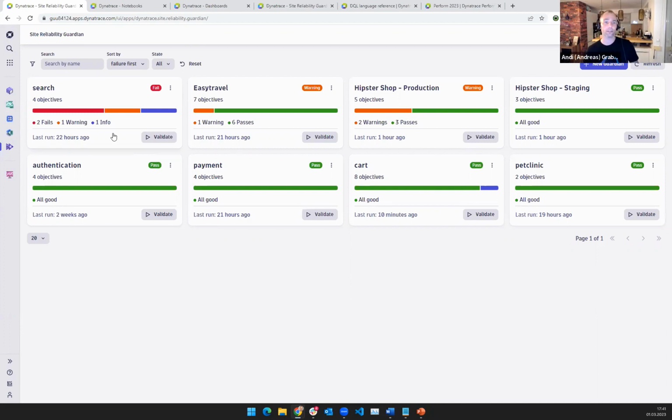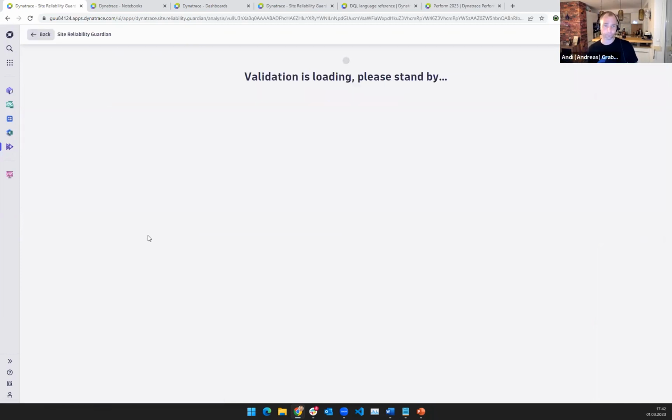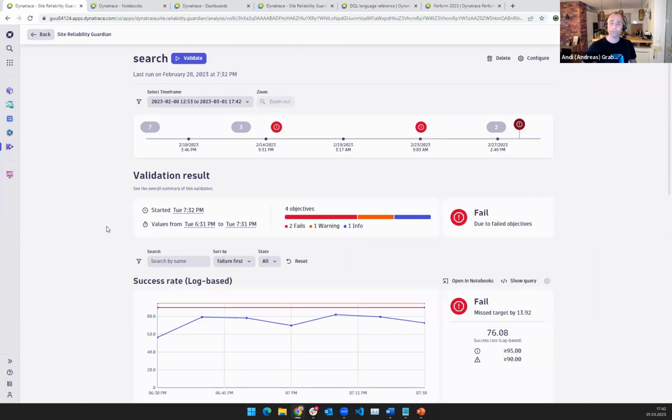So what I want to show here, because this is a topic that Mike, your team and I have been driving for quite a while. It was heavily inspired by the work we did over the last years on our open source project Captain, where we had SLO-based quality gates, which then came into Dynatrace as cloud automation. Now what we have is the ability to define a guardian. A guardian really means if you have an app, if you have a service, if you're responsible for a piece of your infrastructure, then you can ask Dynatrace, please, I want you to be my guardian.